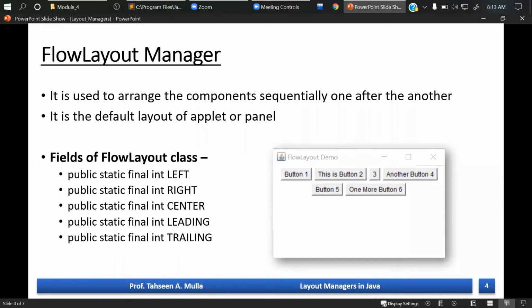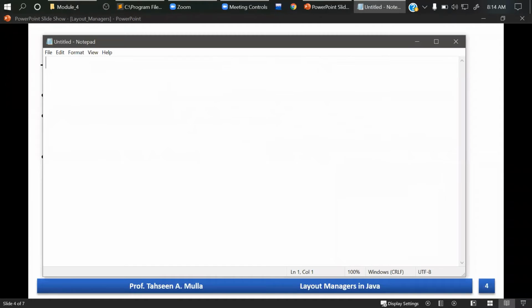As soon as you drag this window, you will see that the components are center aligned by default, and in the sequence 1 2 3 4 5 of those buttons, 5 and 6 cannot be fitted in that given size, so they move on to the next line, right? If we resize this window again and maximize the whole window, all these buttons will fit in a single line in sequential order, okay? So you can see the different constructors for flow layout.